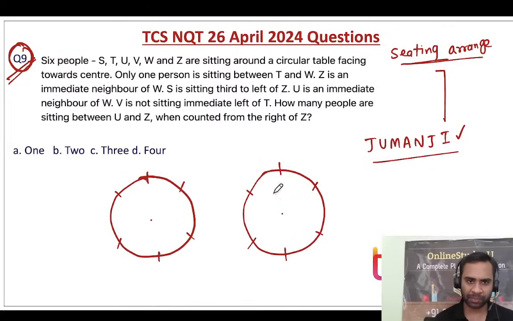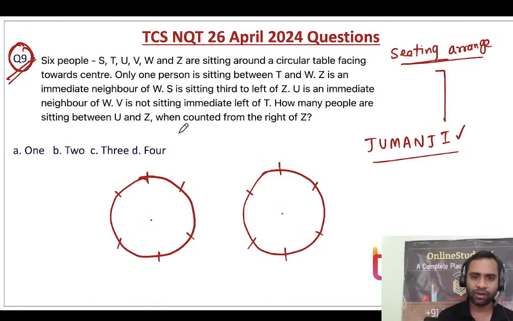So six people, S, T, U, V, W, and Z, are sitting around a circular table facing towards the center. Only one person is sitting between T and U. See, you will have to find one particular sentence which you will be able to place here.